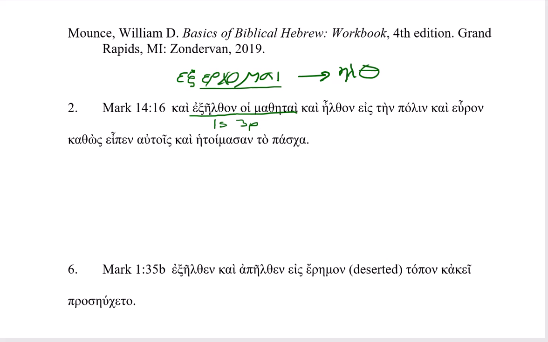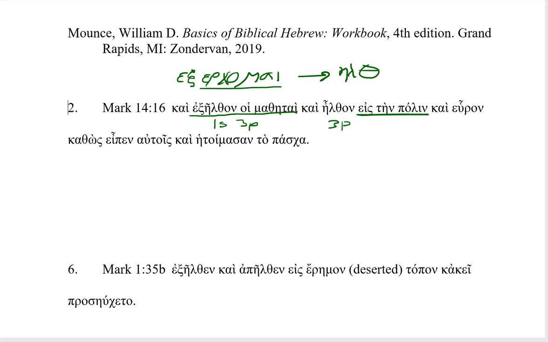So here we had exelthon, now we just have elthon. So they went out and they went, or they came. So this is very similar. It's going to be first singular or third plural, but we can pretty well tell it's third plural because it's still the disciples we're talking about. So they went out and they came,